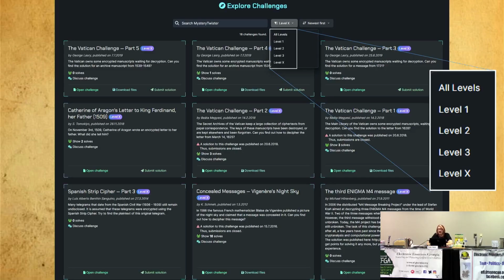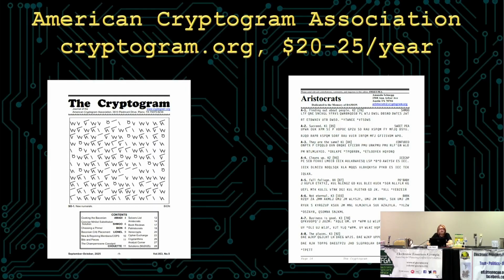Another thing I highly recommend is the American Cryptogram Association. Is anyone here a member? I recommend it big time. It's $20 to $25 a year. They will send out this newsletter called the Cryptogram. Get it? They send it out once every 2 months or so, and they've got about 100 different puzzles in it each time. And if you solve any of them and send in your answers,